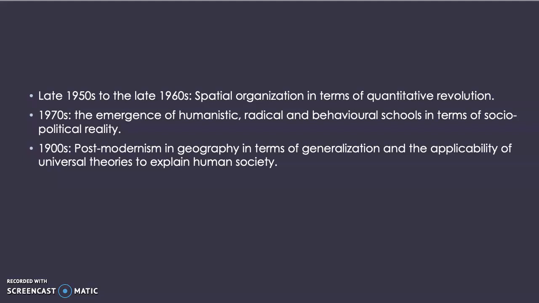In the late 1950s to the late 1960s, we have found the spatial organization of quantitative revolution. So what is quantitative revolution? In the 1950s and 1960s, a revolutionary change developed, which is known as quantitative revolution in the discipline of geography. It replaced the ideographic approach based on areal differentiation by a nomothetic one, which talks about spatial structures or phenomena. So quantitative revolution laid the basis of geography as a spatial science,